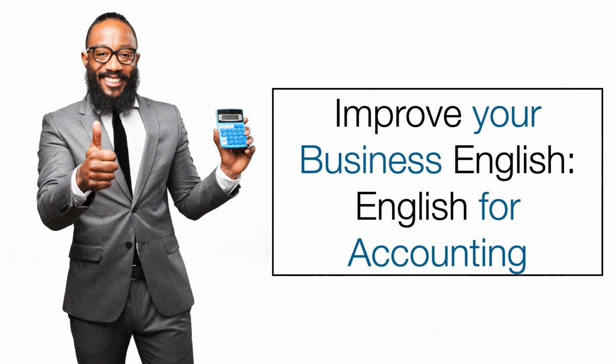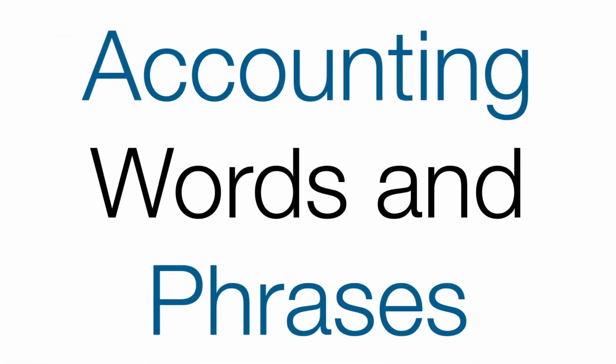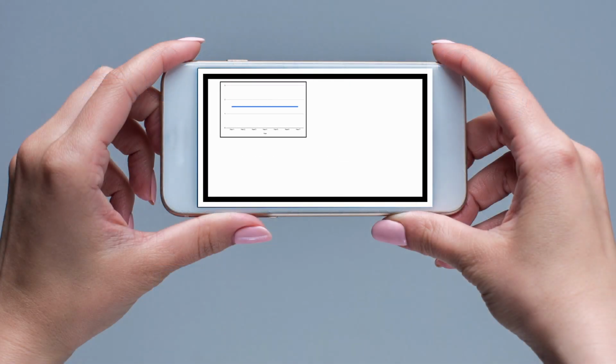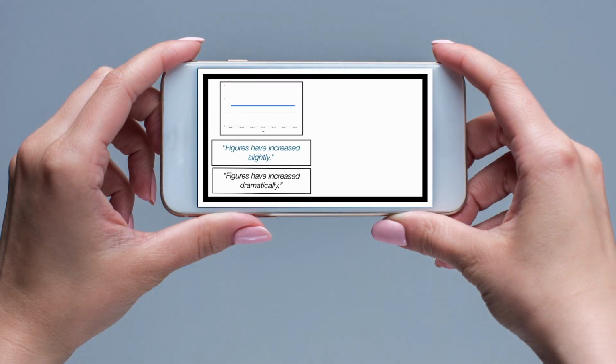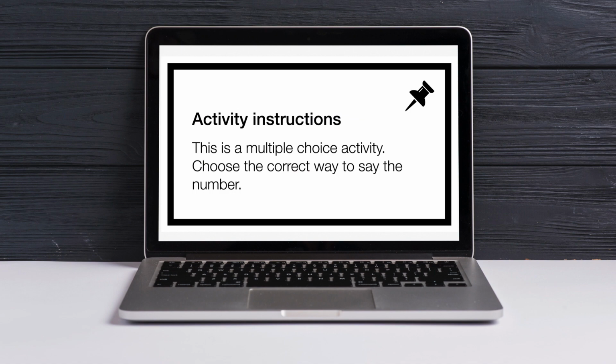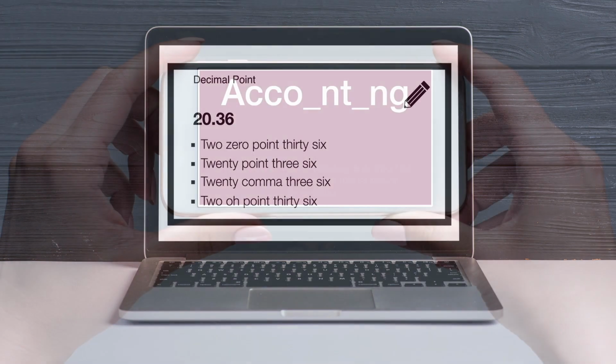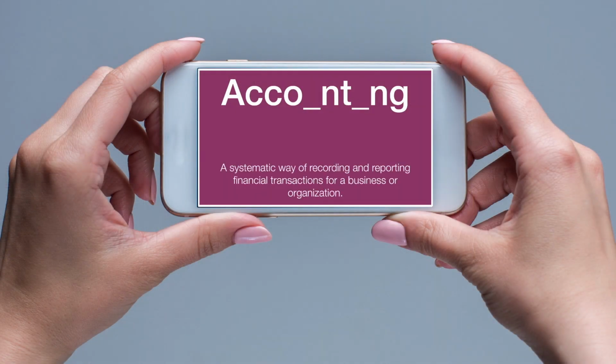In this course, I will teach you essential vocabulary and phrases, and you'll be learning over 100 accounting words and phrases. The course contains numerous lectures and activities designed for efficient, easy, and accessible learning. You will learn in a variety of fun and engaging ways, because I think learning is more effective when you're actually doing something.